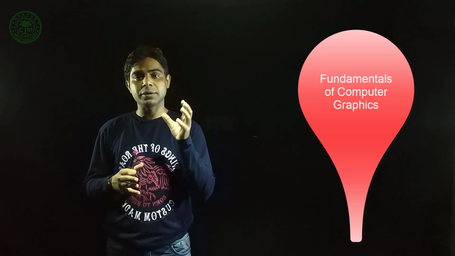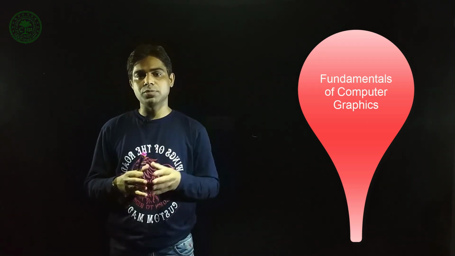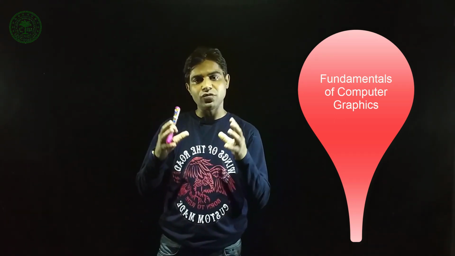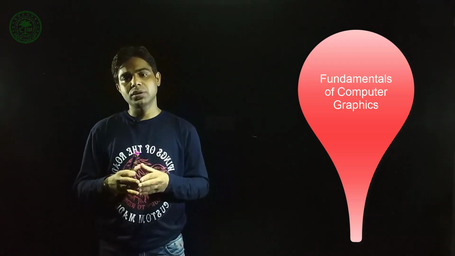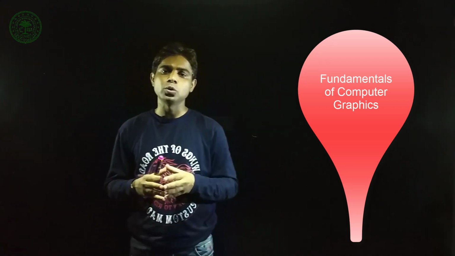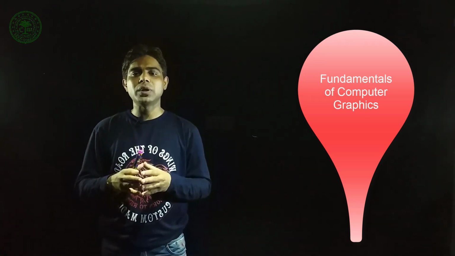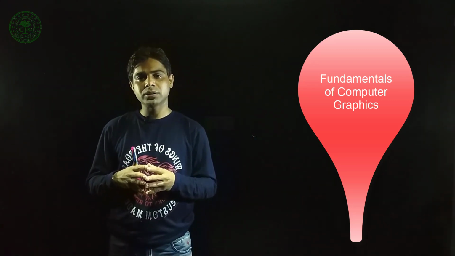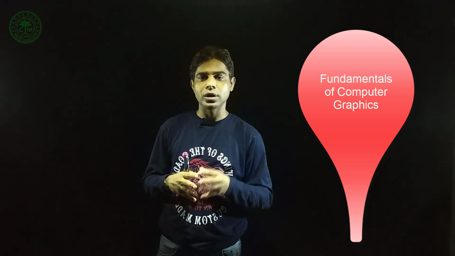Computer graphics is basically a core branch of the computer science field, and it is very important to learn this subject. I'll touch on what computer graphics is, and I'll also elaborate on the classifications of computer graphics. You will learn the building blocks of a computer graphics system, and I will talk about the input and output units that are used to develop or work with it. I'll also differentiate between random scan display and raster scan display, and you will learn how the video controller works. All this I will cover in the fundamentals of computer graphics.